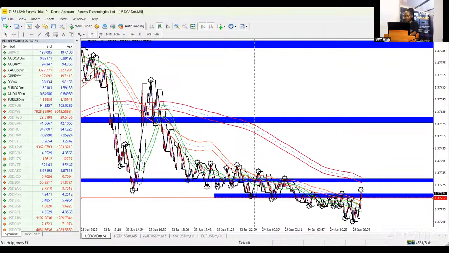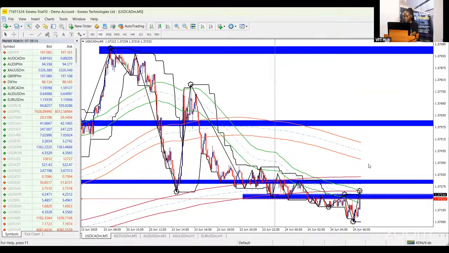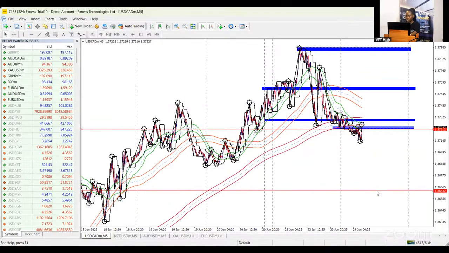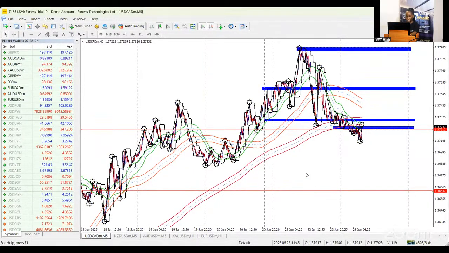So on the M5 time frame now, my zones have been marked out. Price has already violated that zone we saw on H1, broke below, and has now traded above. If price happens to break above these two levels and gives me a retest, then it is possible we see a USD CAD buy continuation, regardless of the overall dollar weakness that we're seeing. And if not, and it just comes back to retest, then we're seeing a sell of USD CAD all the way down here, selling into 1.36632. Okay, so the temporal reaction is, I think this dollar move might be short-lived.